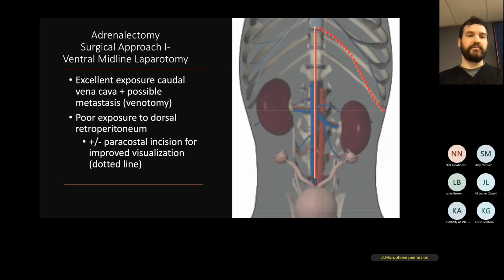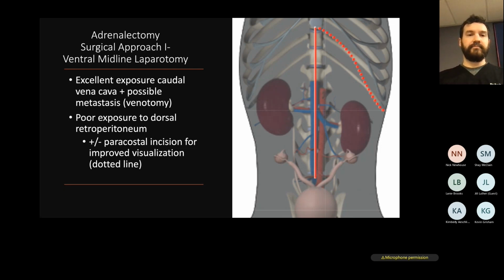In terms of surgical approaches, the most common surgical approach used for these is a ventral midline laparotomy. We have great exposure of both sides. We can see the cava very well. We can look for potential metastasis. You do have slightly more poor exposure to the dorsal retroperitoneum. And so this can be combined with a pericostal incision if you're having difficulty getting to the dorsal aspect of